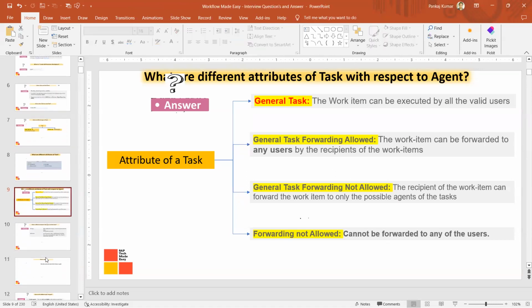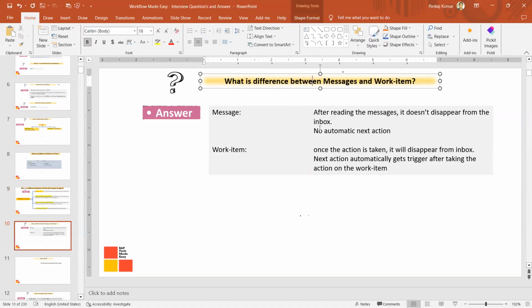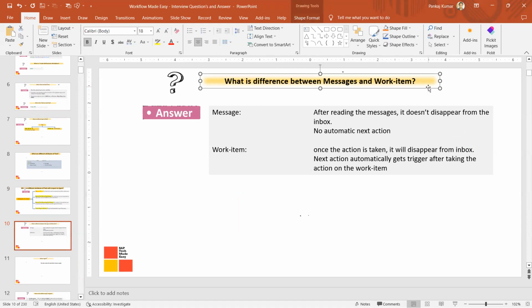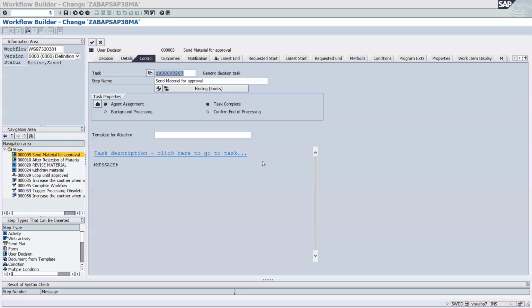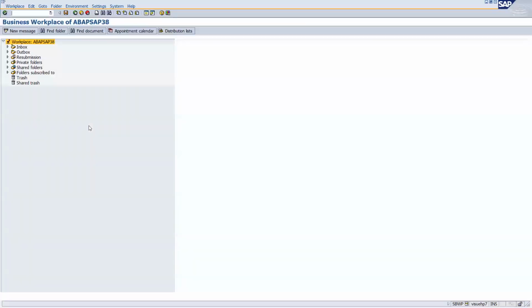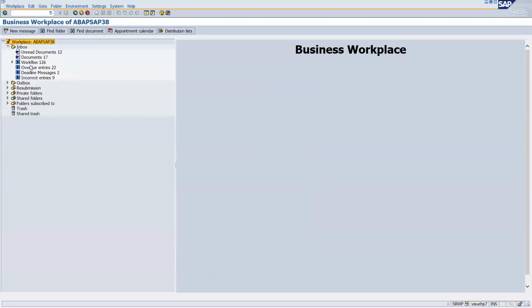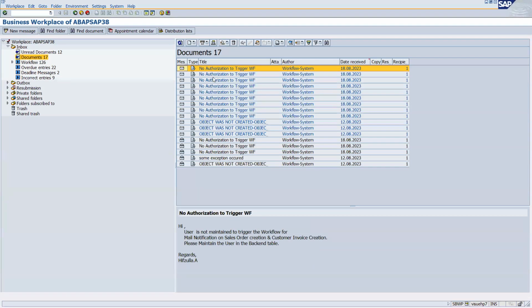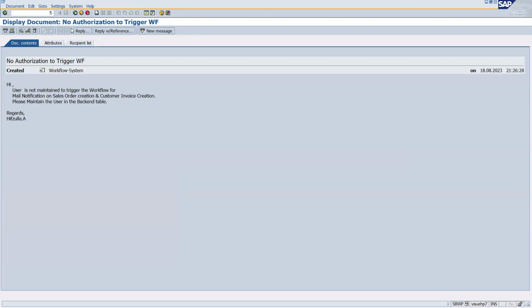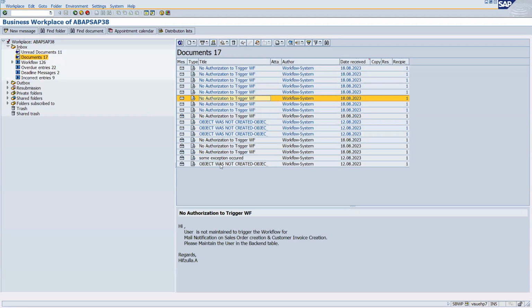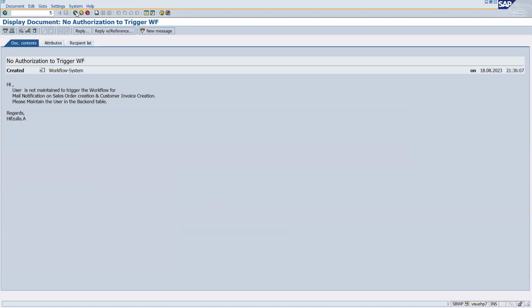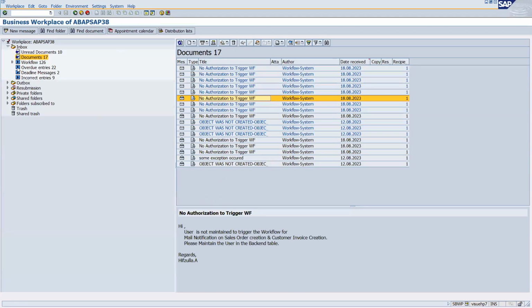Okay, fine. So now what is the difference between messages and work items? Messages are nothing but, see, if you go to the SBWP transaction, here you have the inbox. In the inbox, you have the documents, right? These documents are nothing but messages. Okay, you can see that this is the message. This is the message. Okay, and in the workflow,